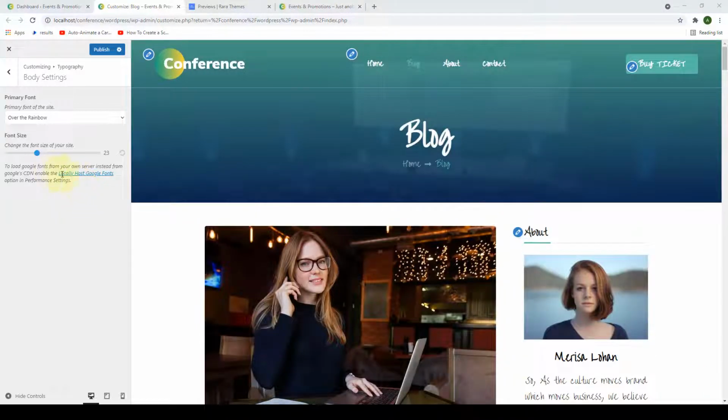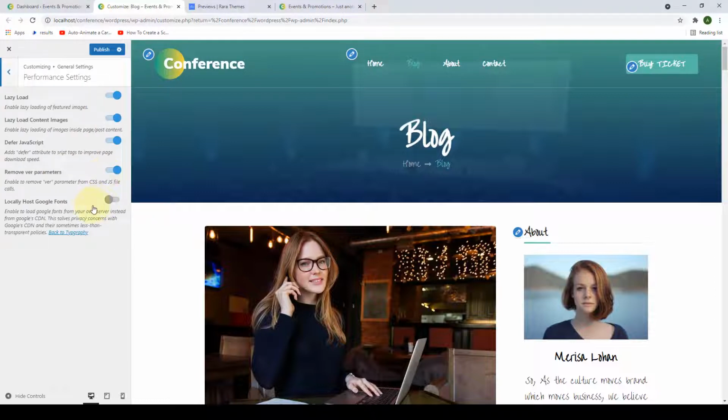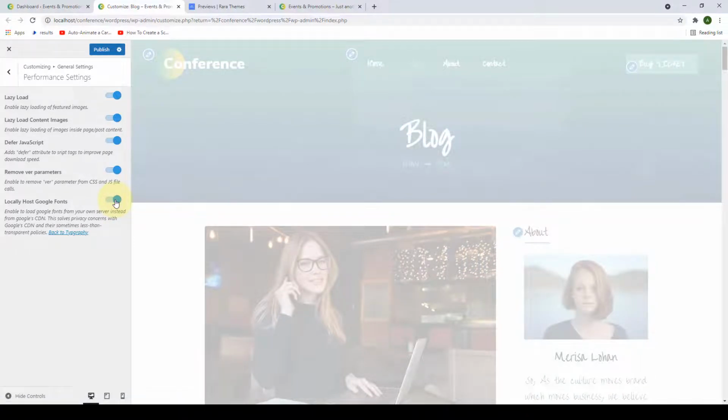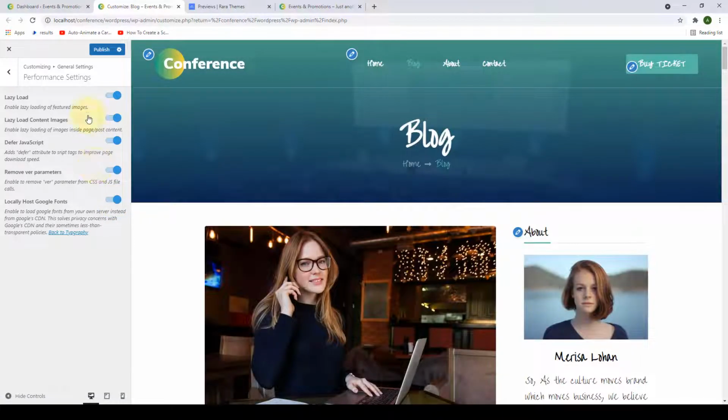Additionally, you also get the locally host Google Fonts option. Click on it. With this option, you get to host Google Fonts on your server. By default, the theme fetches the font from the Google, but if you enable the toggle, this option right here, the theme downloads the font on your server, and doing that makes loading your fonts quicker. So I would highly recommend you to enable it. I will come back to the rest of the settings later on. Click on Publish. Let's go back